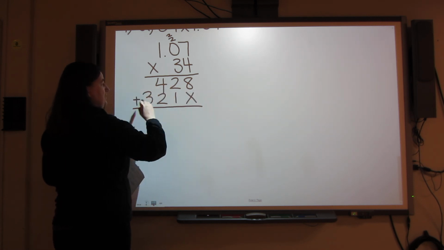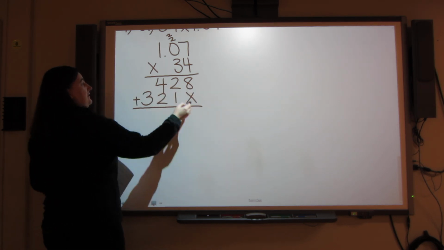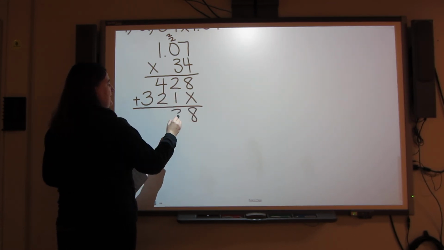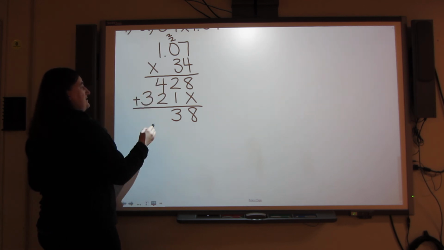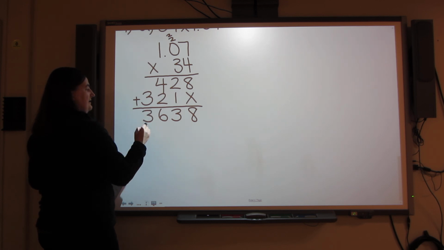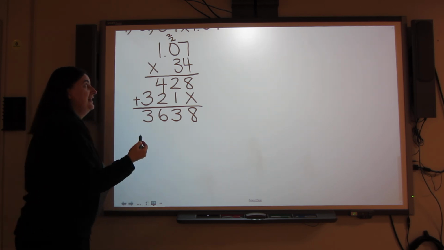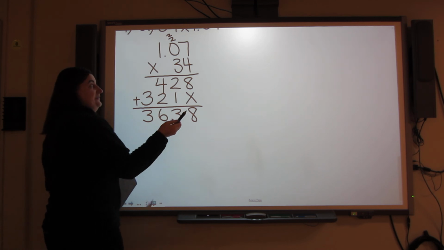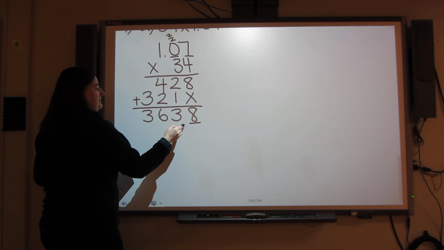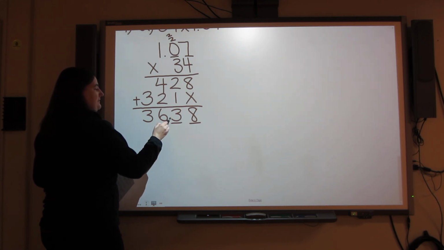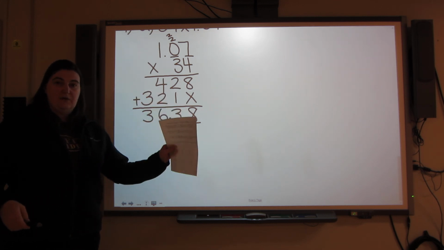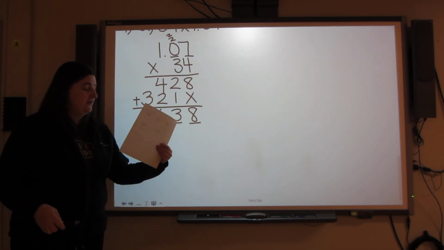I add my 2 lines of answers. 8 plus nothing is 8. 2 plus 1 is 3. 4 plus 2 is 6. And 3 plus nothing is 3. Then I add my decimal. I have 2 decimal spots. So I'll have 2 decimal spots. You are responsible to take this home, to finish answering all the questions,